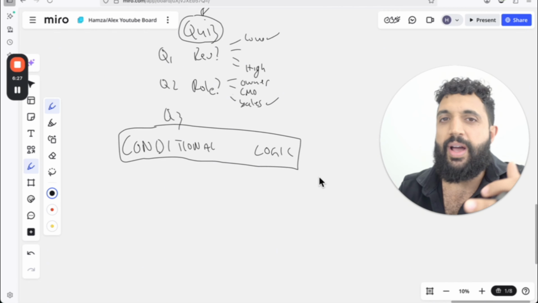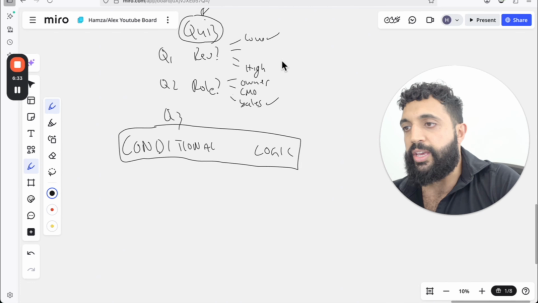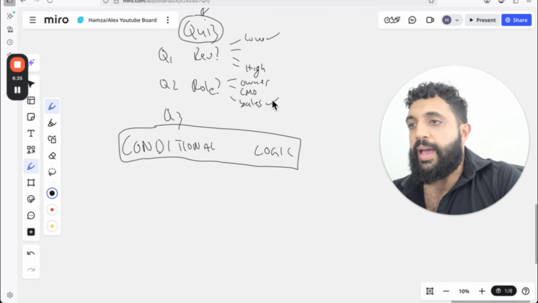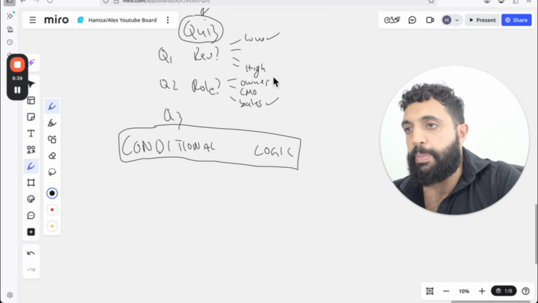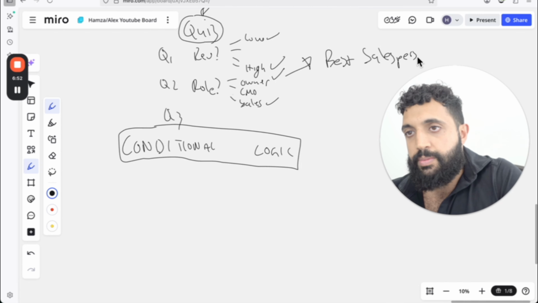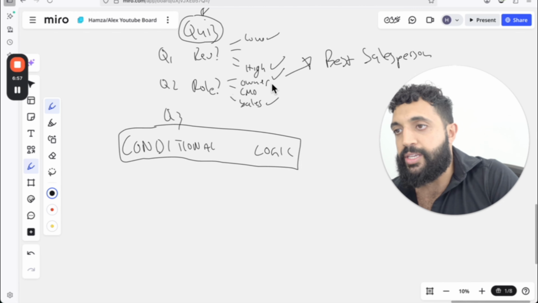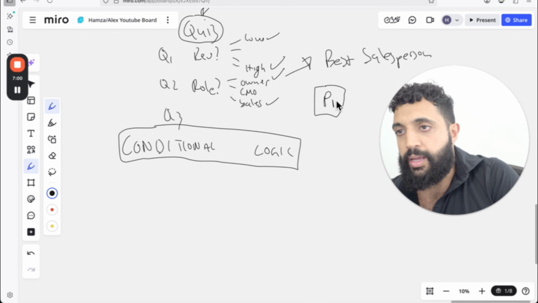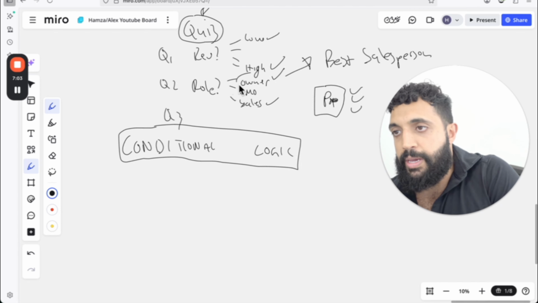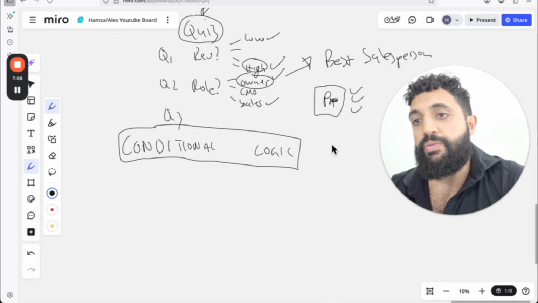I'm not going to get into the nitty-gritty of how you do it on Go High Level or HubSpot or Salesforce. Regardless of what you're using, make sure that you start scoring, in other words, having a different tier for everyone. For example, if someone triggers that they're the owner and doing high revenue, this is going to trigger the pixel, but it's also going to go to your best salesperson. This is a little bit advanced, but this is what it takes to make sure that your pixel gets to the right people. Over time, if the pixel is only being triggered by these people, you're going to end up with a pixel that starts attracting more of these people when you're running ads.